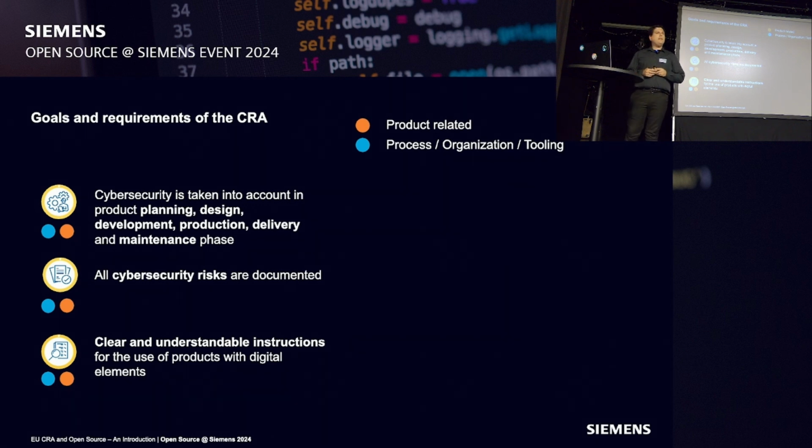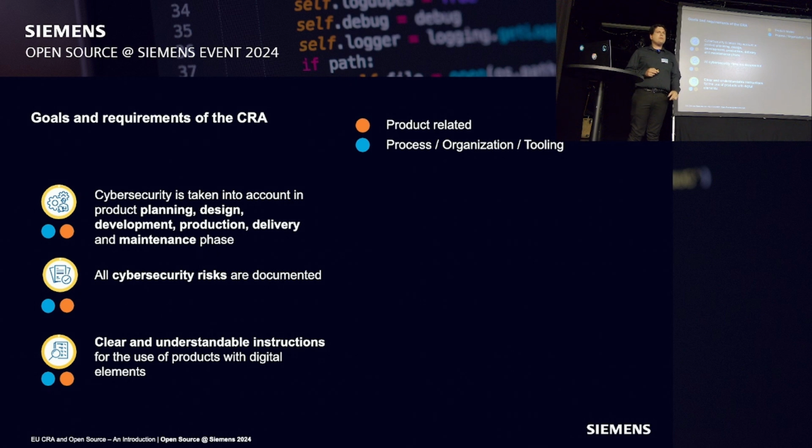You need to provide clear instructions to the users. What does it mean? You need to tell the users what the purpose of your product is. What is your intent, what they call the intended operational environment. It's something that we could discuss for 1 week, because there is a lot of discussion about what the intended operational environment and the foreseeable use cases are. Because this is also the base of the risk assessment that you need to perform on the requirements.